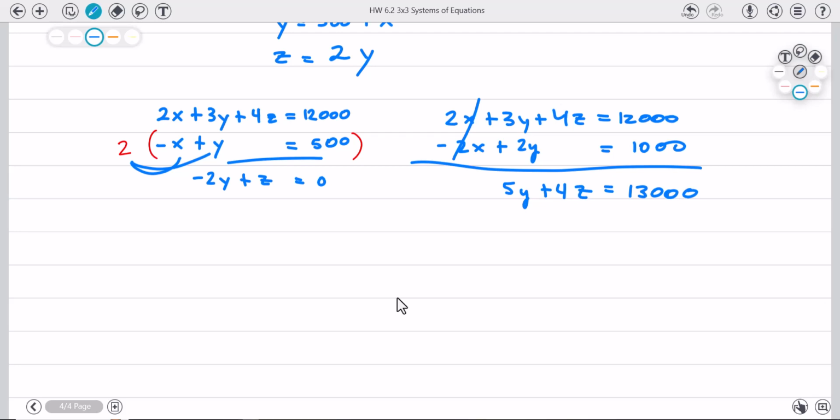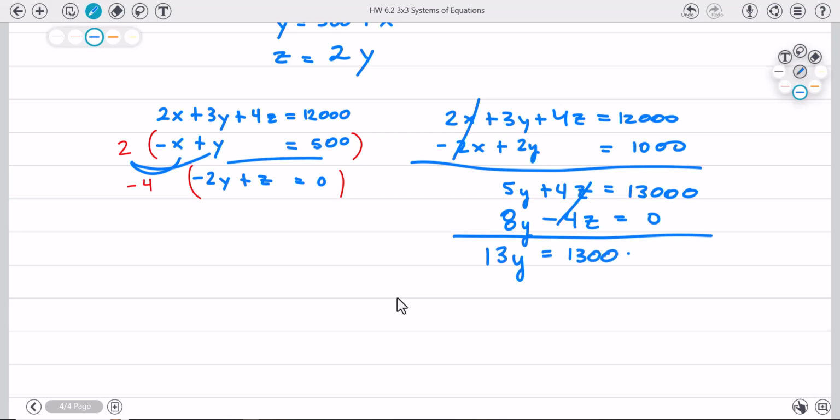13,000. Now, something I see looking at my third equation, what if I multiplied it by negative 4 and added it to this one? You see why? That 4z, I want to cancel it out. So I don't, again, have an x. Negative 4 times negative 2y is 8y. Negative 4 times z, which is the whole point of what I wanted, and then negative 4 times 0 is just 0. So look how nicely now I am down to one variable,